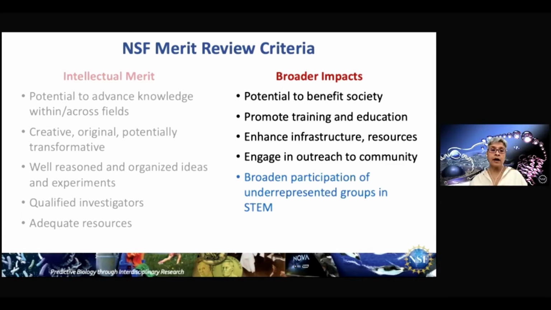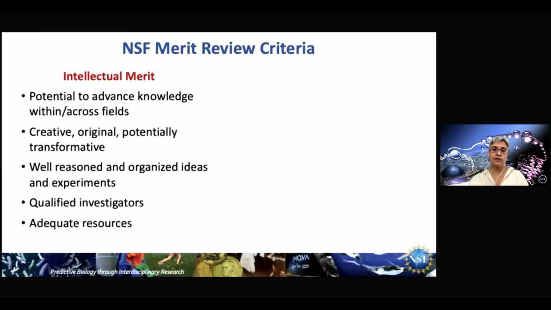For both the IM and BI components of your proposed project, reviewers and NSF staff will consider what you wish to do, why you wish to do it, how you plan to do it, how would you know if you succeed, and what will be the benefits if the project is successful. So these are pretty obvious questions, but we'll just give you some tips. These questions are best answered by proposals with the characteristics that are listed over here. So let's focus on intellectual merit first, and that's the research component, of course.